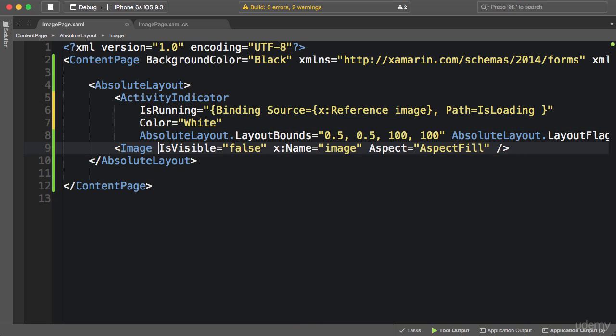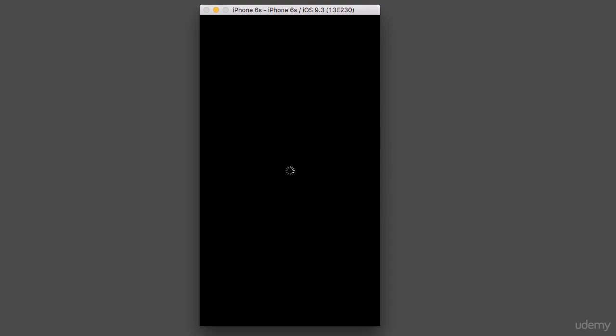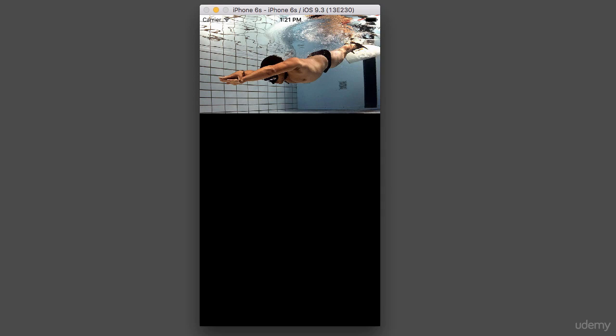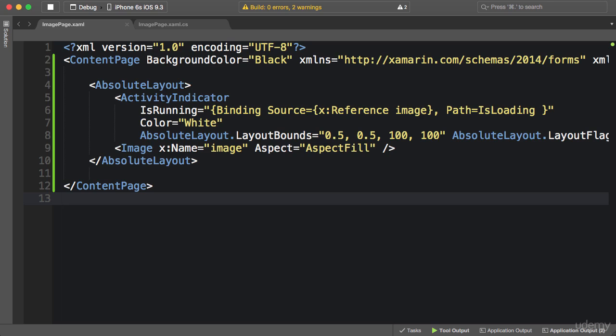Now finally, I'm going to remove isVisible to false so we can see the image. Let's preview the result. Okay, here's our activity indicator. Okay, once the image is loaded, activity indicator disappeared. But how come our image is not filling the entire page? Because now we put it inside an absolute layout, and we have not set its size. So we need to come back here,